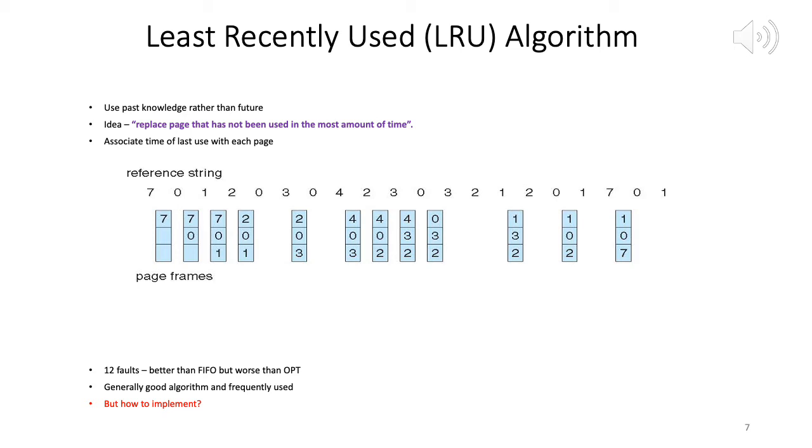So here what we do is, when we have to pick a page to evict, we look back in the history and see which page has not been used for the longest among these 3. And then the one which has not been used, we pick that. So in this case now we count the number of page faults. Just counting the blue boxes: 1, 2, 3, 4, 5, 6, 7, 8, 9, 10, 12.